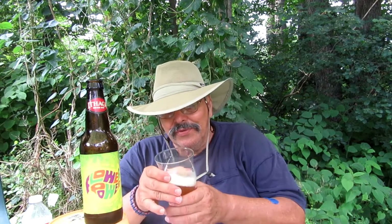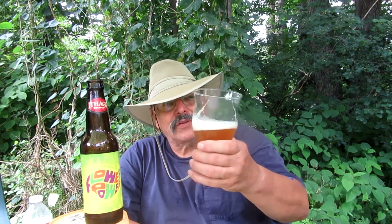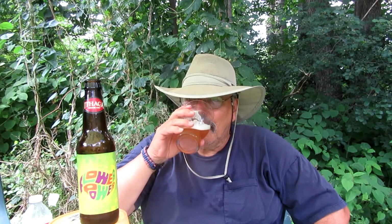This is brewed well. It's smooth. You would think they had oatmeal in this. It's so smooth. Ithaca Brewing Company, or beer company as they say. Ithaca, New York. Flower Power. Before I give my verdict,